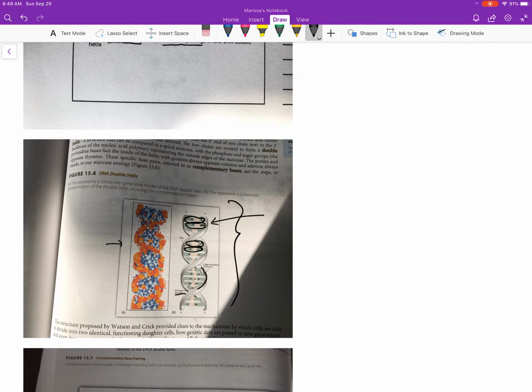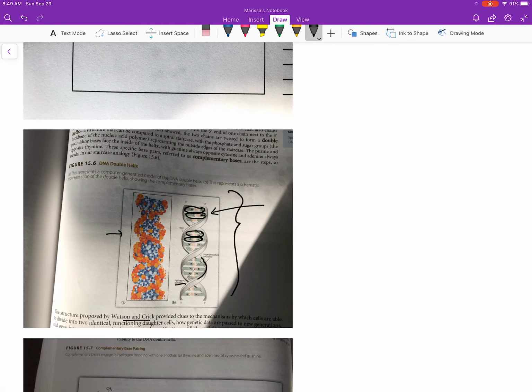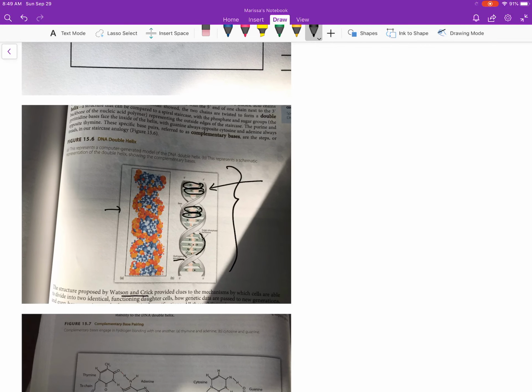So while Watson and Crick, you can even see here, are given the credit for discovering this, Rosalind Franklin was a female crystallographer who was working at the exact same time, who was the first one who elucidated a picture of the structure. And with her X-ray structure, it's like taking a picture or like getting an X-ray of your bones, they were able to figure out the